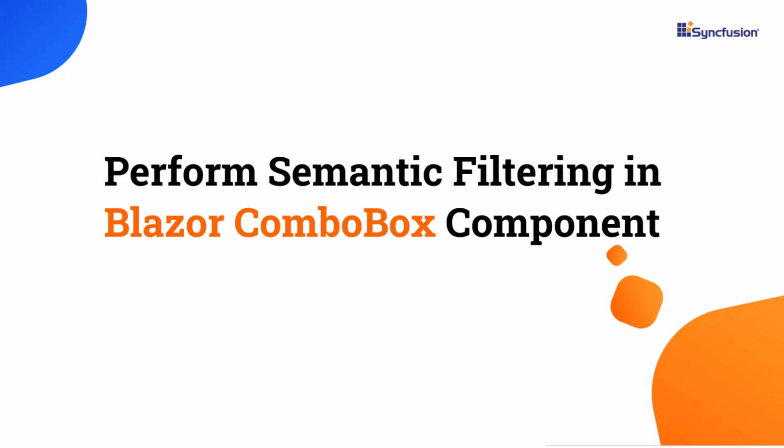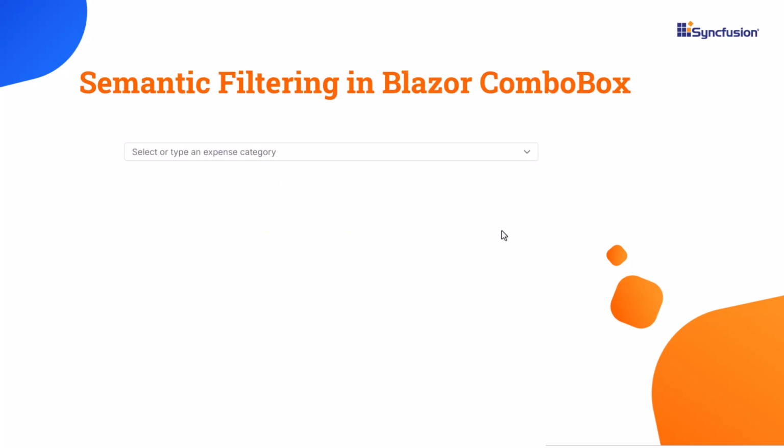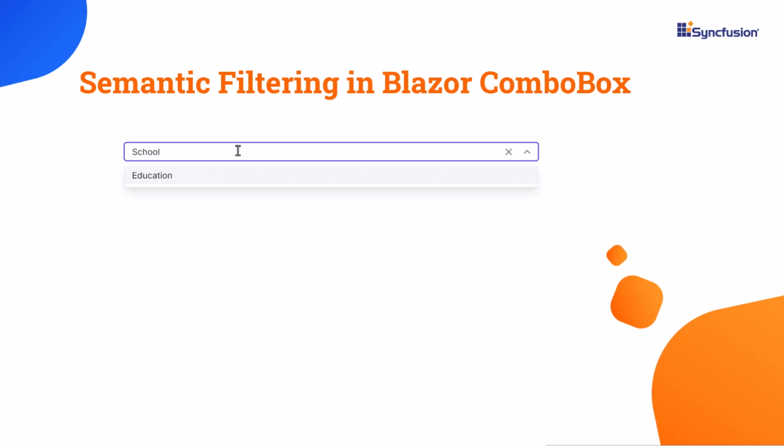Welcome to the Blazor ComboBox component tutorial. In this video, I'll show you how to perform semantic filtering in the Syncfusion Blazor ComboBox component. This makes it easier to find relevant data without needing perfect matches. For example, searching for school returns results like education or study materials, enhancing the experience by showing related options